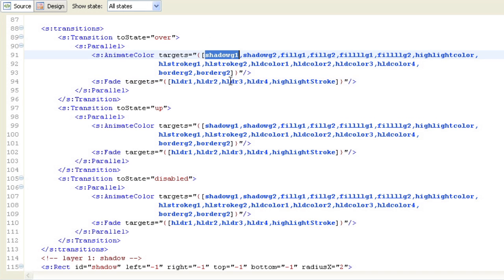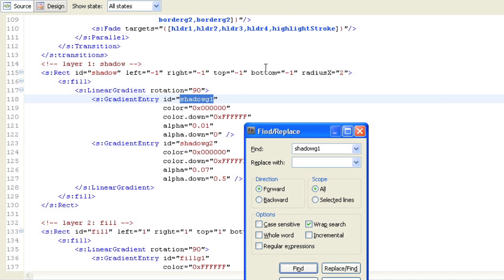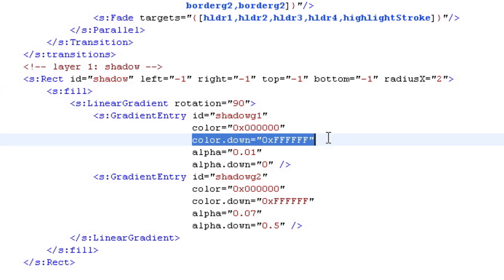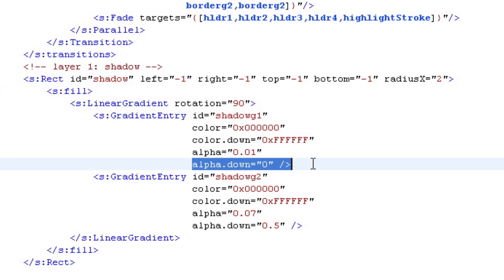So for instance, if we look for shadow G1, we can see that that object has a color defined of being black here, but when it's in the down state, it's defined as being white. And it has an alpha state of that. If it's in the down state, it has an alpha of 0. So we have all these color and alpha changes on these objects, and those are the only per state changes